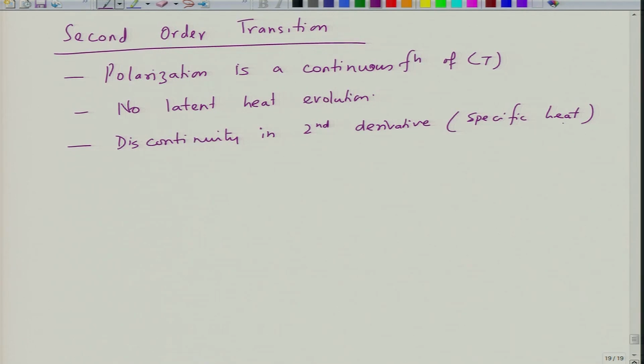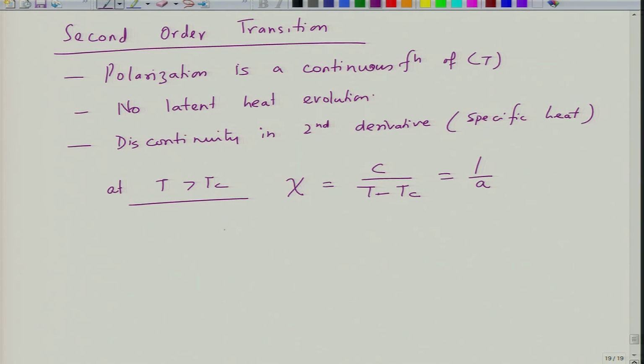This is for the second order, and in the second order case, let us see if I can give you the expressions for susceptibility. So, for susceptibility at T greater than Tc, I can write the susceptibility as C divided by T minus Tc, and this is equal to 1 over A that we saw earlier, and this can be proven easily because